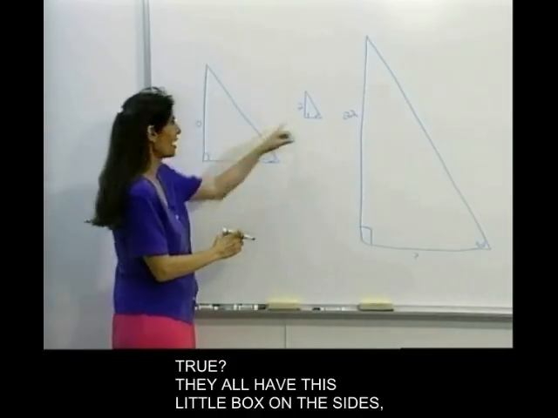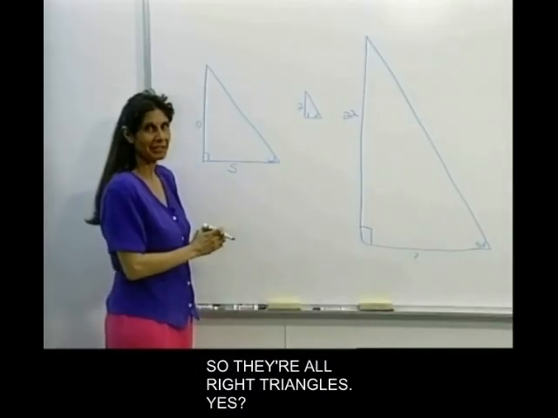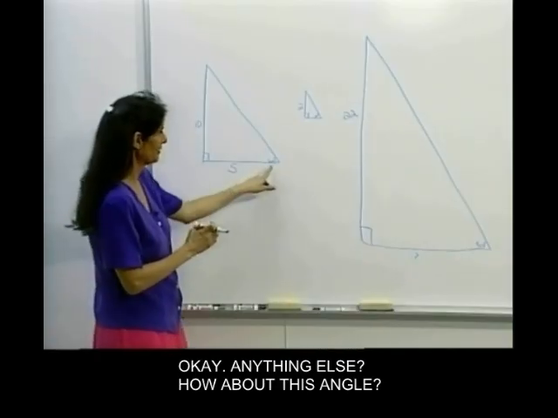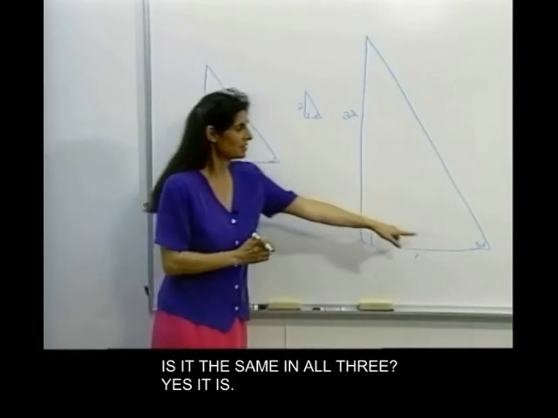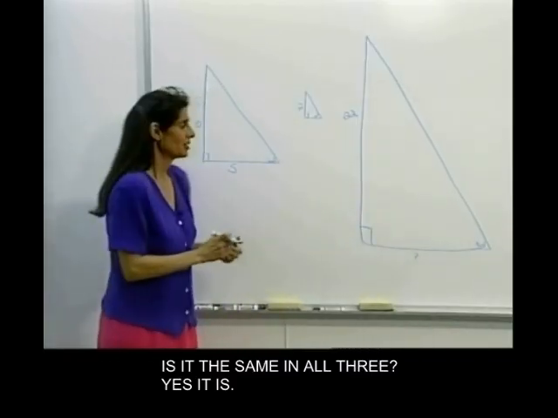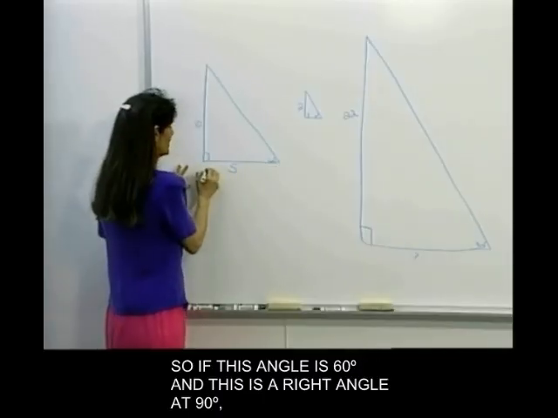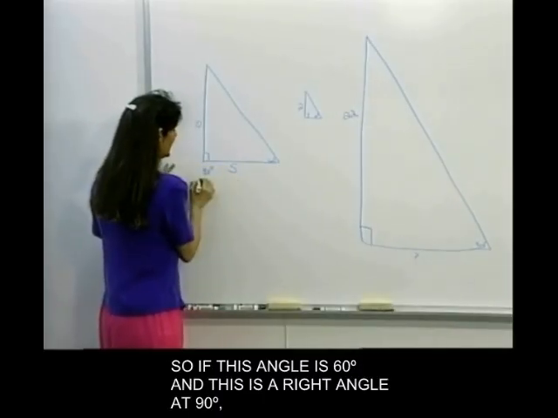True? They all have this little box on the side, so they're all right triangles. Okay. Anything else? How about this angle? Is it the same in all 3? Yes, it is. So if this angle is 60 degrees and this is a right angle at 90 degrees,